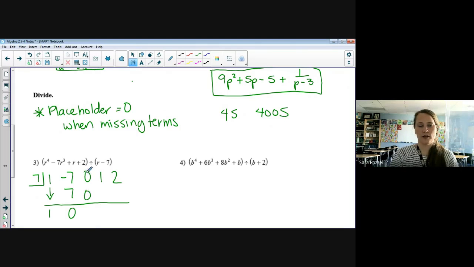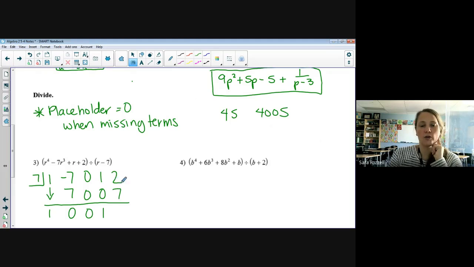This one's kind of fun. There's a lot of zeros. 0 plus 0 is 0. 0 times 7 is 0. 1 plus 0, 1. 1 times 7,